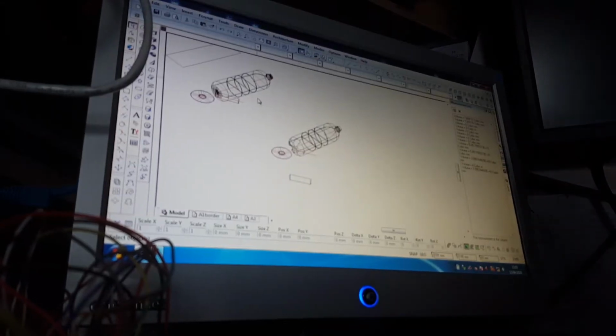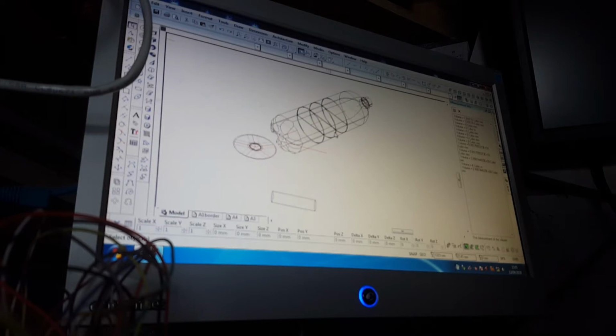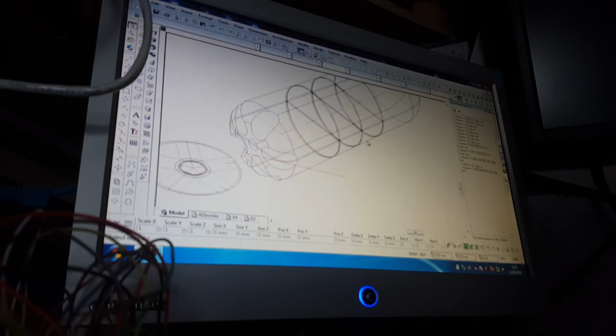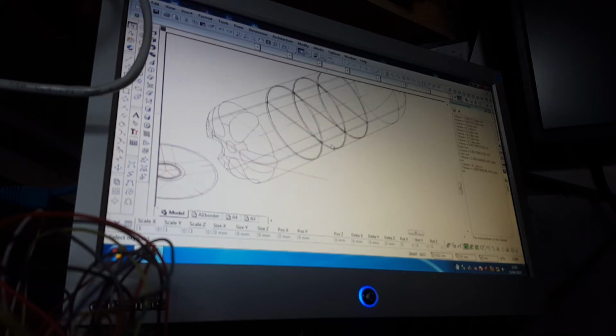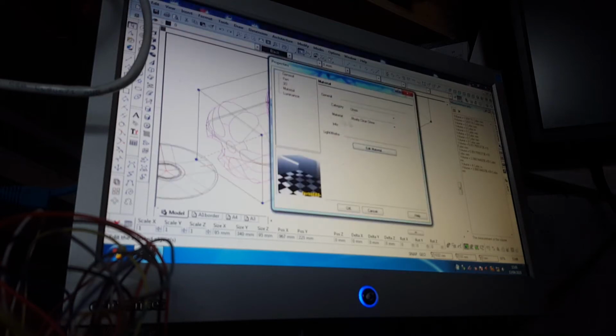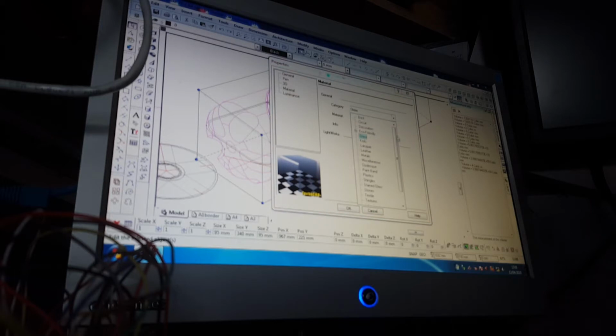I'm just going to look at materials and lights. It's not important for the job I'm doing, but TurboCAD isn't the best, but it isn't bad. So double click on your object. Now change it to what you need. I've gone for glass,